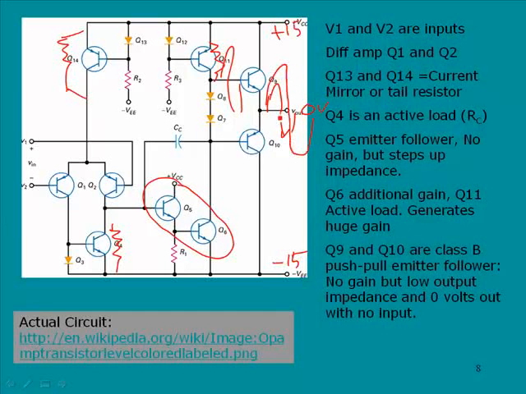So this would make for a very large potential output. Now, again, that is ideal. When we actually use these circuits, we wouldn't be able to go that far. Maybe we go to maybe 12 to 13 volts maximum. But at any rate, we're going to be able to maximize the output signal swing by use of this particular